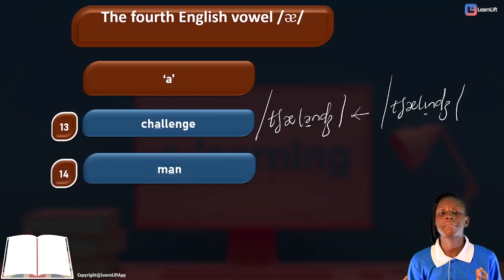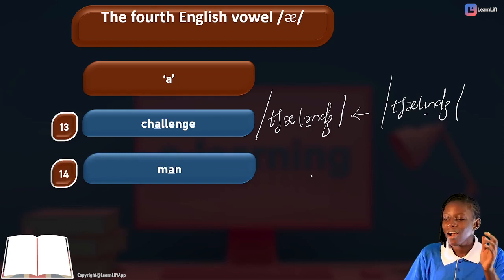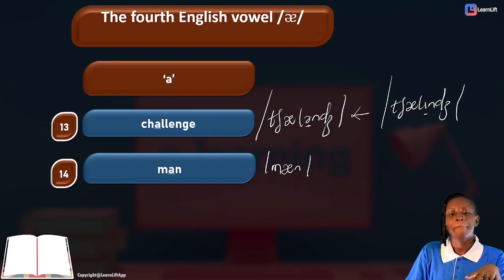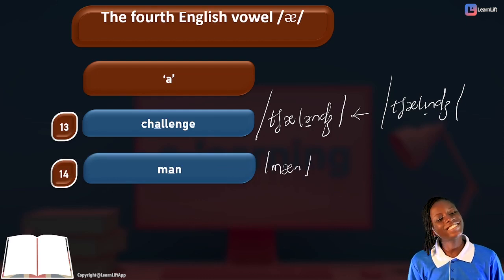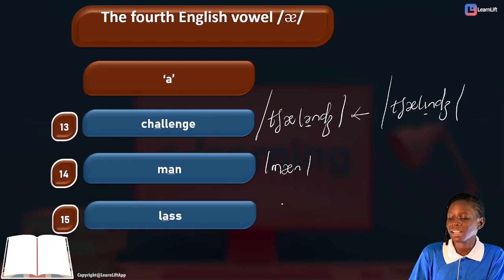Next we have our next to be man. And now let's transcribe man together. Our man is transcribed as what? And man. Next example we have last. Now our last is transcribed as